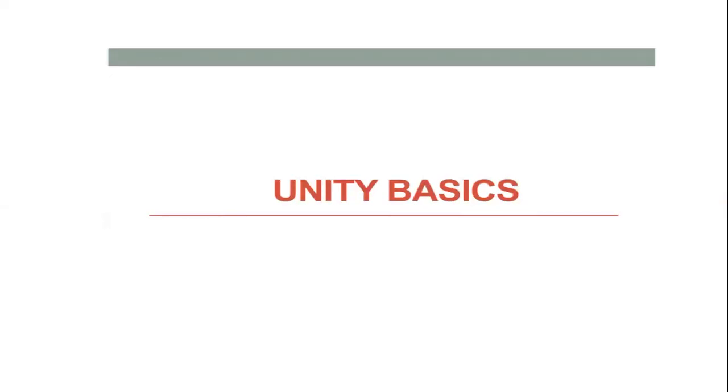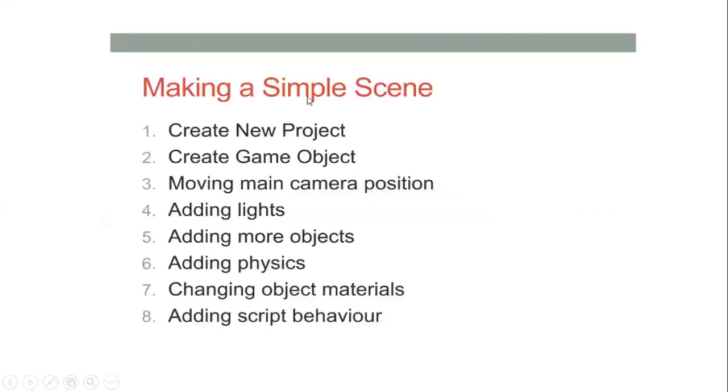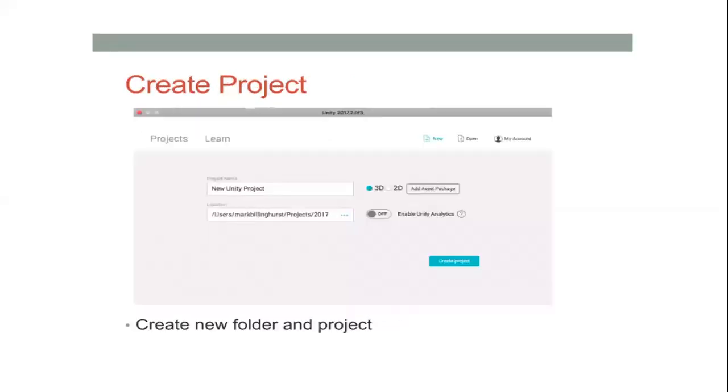Okay. So make note of these 8 points. First thing, Unity basics. We're going to do the project. First, I'm going to show you how to make a simple scene. I would request everyone to note down these 8 steps, including adding the scripting at last. So these are the 8 steps to make a simple scene. Please make note of them. And once you have noted them down, once the class is finished, I would request everyone to create your project in this way: New Unity project, choose the location, click 3D.